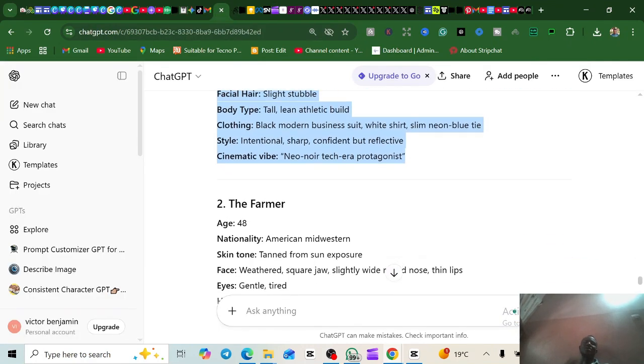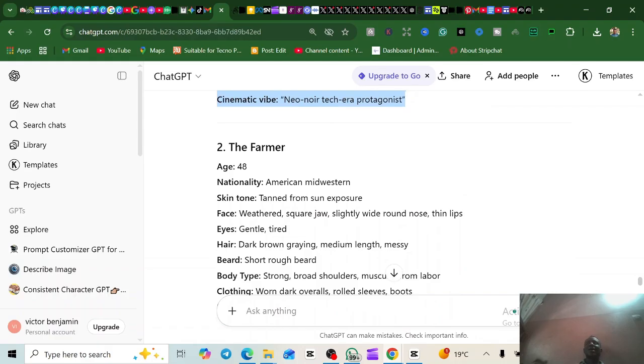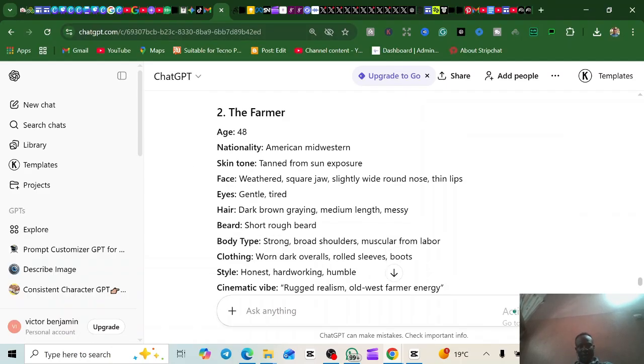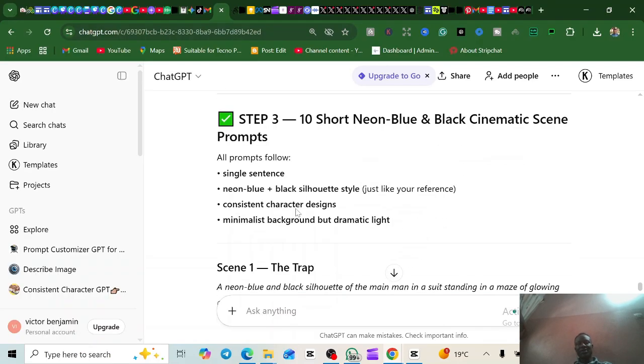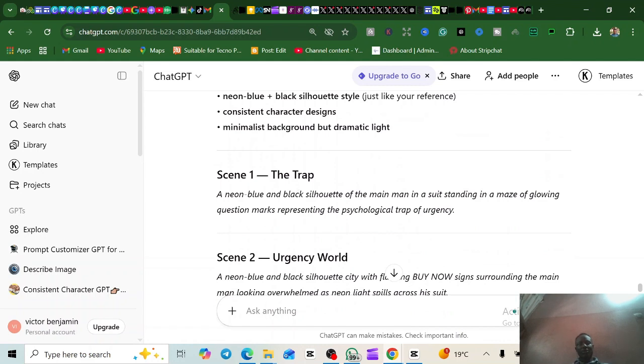So you go back, and that's what you do to create all your characters. Let's say your story is about Adi and James, or Cinderella and Naomi. You need the specific characters to tell the story every single time. You're going to get all the images of the characters. Then when you come down, after it has given you all the character images, the next thing it gives you is the cinematic scene prompt. So the cinematic scene prompt, you see, this is the scene for one.